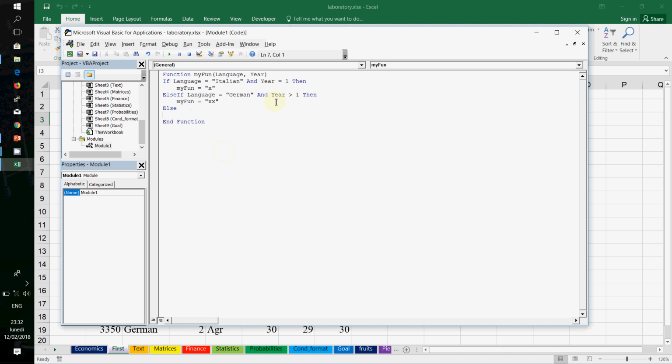Else, if none of the conditions above is satisfied, then myFun equal to empty string, and we leave the cell empty. And end if to close